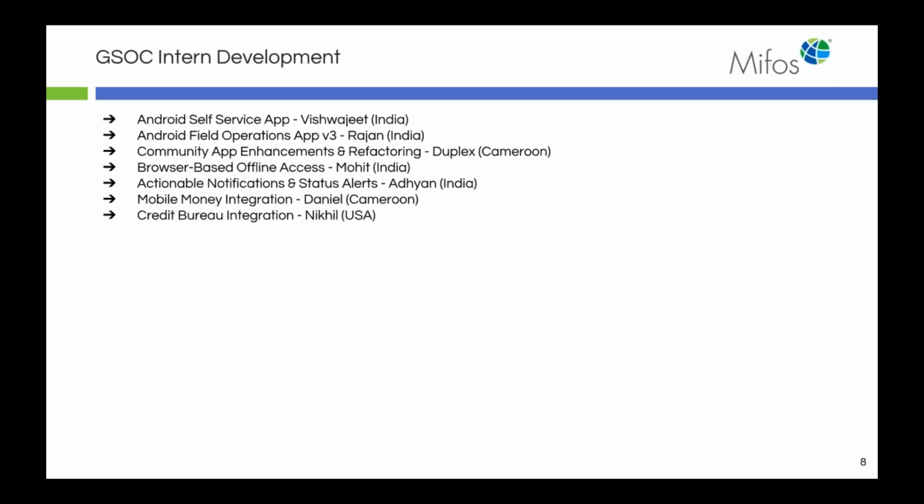And then Mohit is going to be utilizing service workers and HTML5 to enable browser-based offline access in the community app, which is something the community has been requesting for many years now. And then Adyan is working on enabling a module for actionable notifications and status alerts, which can be delivered via